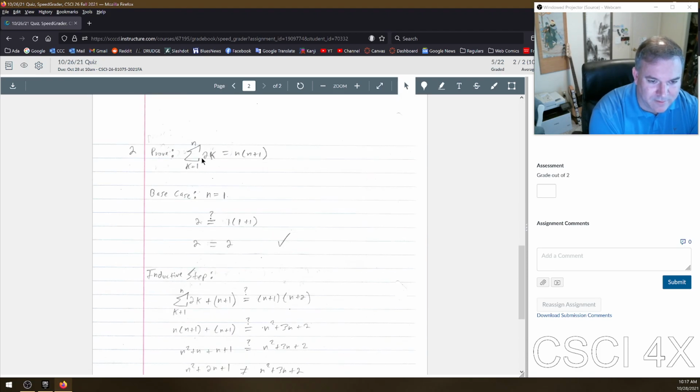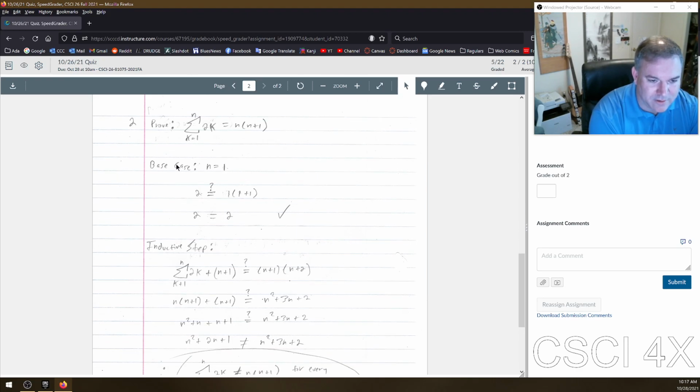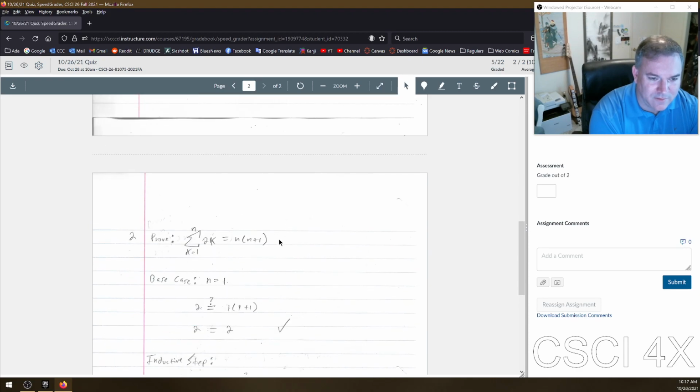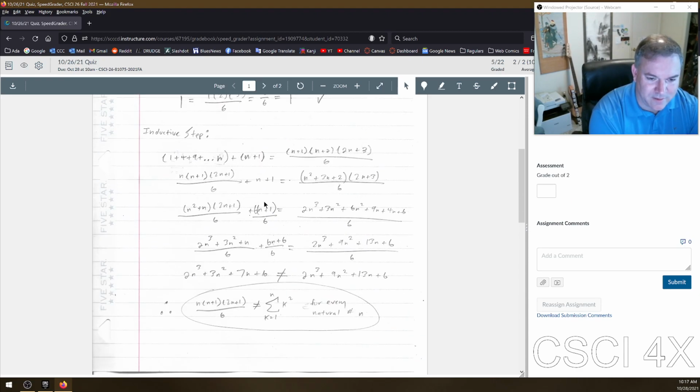Okay, for this one, the sum of all 2k equals n plus 1. 1, 2, does it equal that? Yes, it does. Good. Check. Good setup. Again, this is how I kind of like to see it set up, and the amount of algebra you do